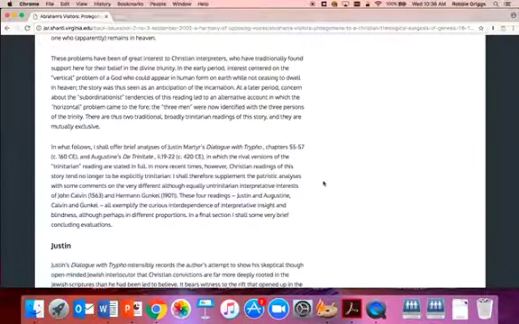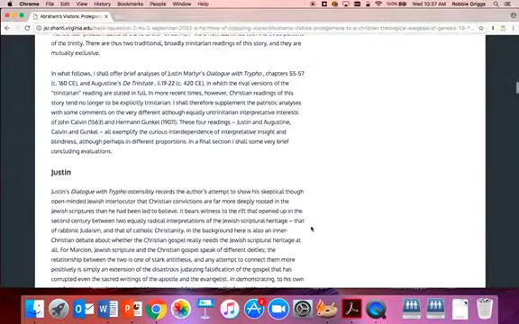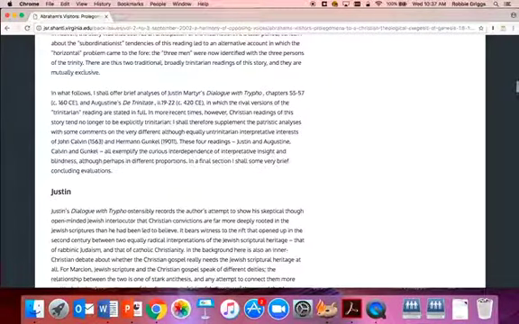But the main thing for you to do is to tell us what you're going to be looking at and how the paper is going to unfold. So if we move on, what Francis is doing is he's giving us an interpretation or a reading of Justin Martyr's reading of this passage, of Augustine's reading of this passage. Then later he's going to look at John Calvin's reading of this passage, and then Herman Gunkel's reading of this passage. And then at the end, he's going to give us some brief concluding evaluations.